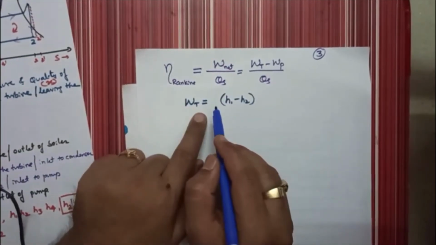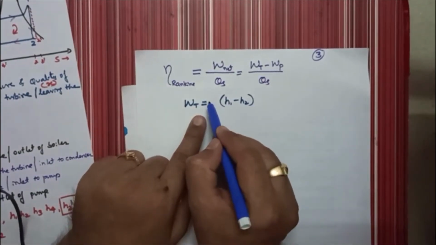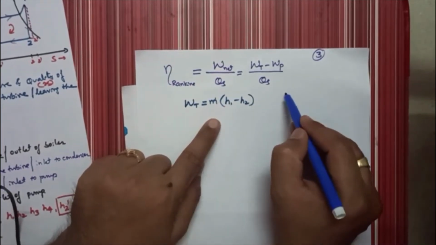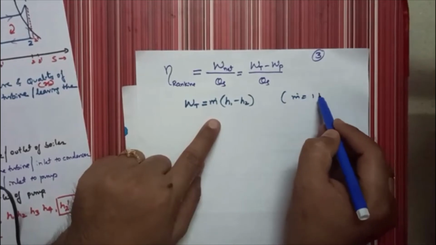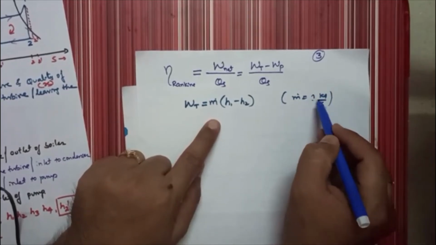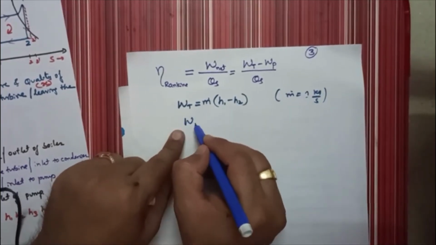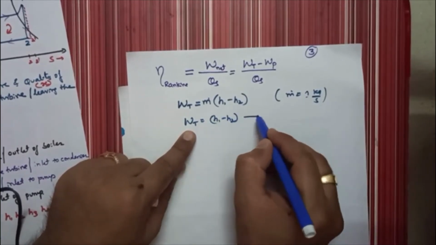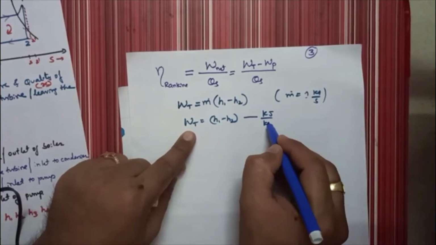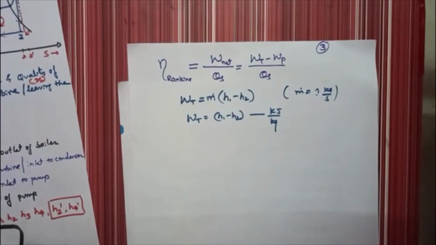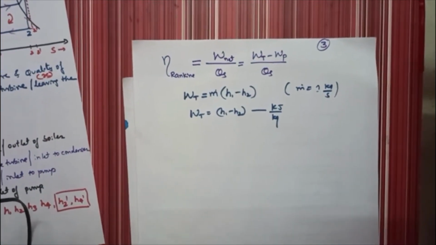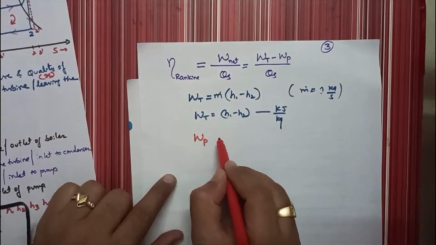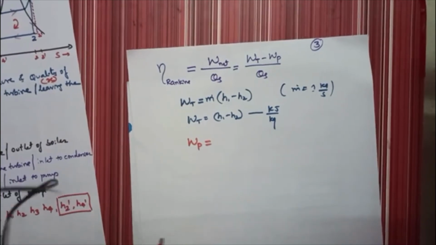If this is for unit mass, and if the given problem has given 2 kg of mass flow rate, then m dot, usually you will get m dot is equal to 1 kg per second. So net work done by the turbine is H1 minus H2. The unit will be kilojoule per kg or joule per kg. Similarly, work done on the pump is equal to, here is the pump.